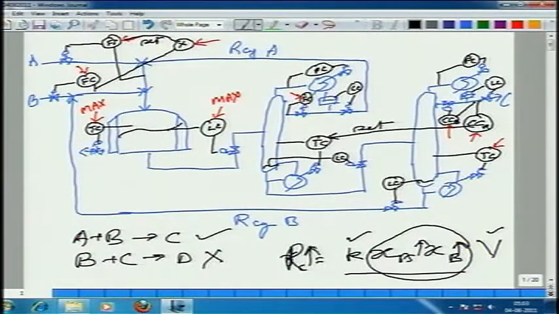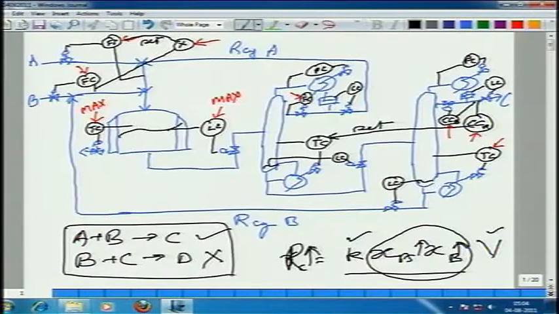It depends on the kinetics. So it will not be close to 1. It will be much greater than 1. So then this ratio set point has to be much greater than 1, to suppress the side reaction. What about the temperature of the reactor? It depends on both those reactions.